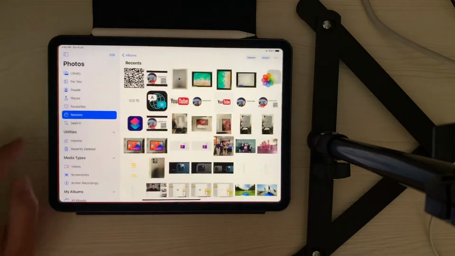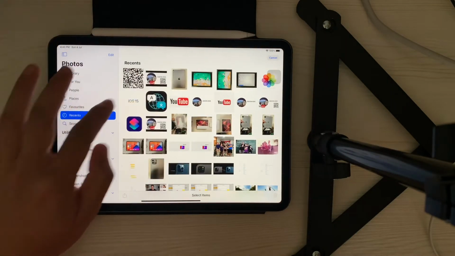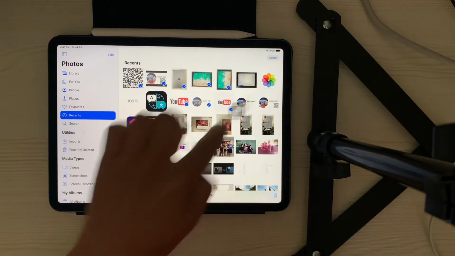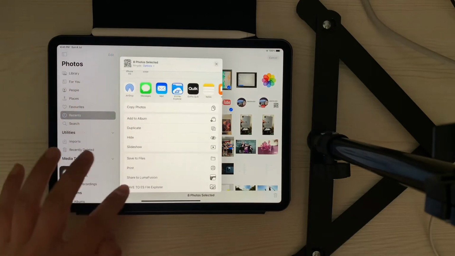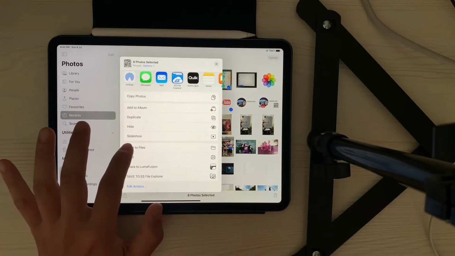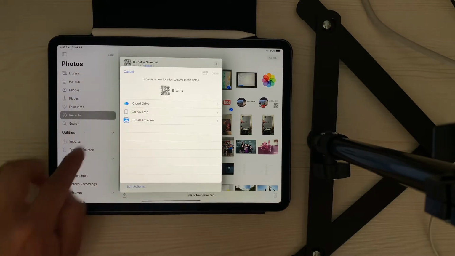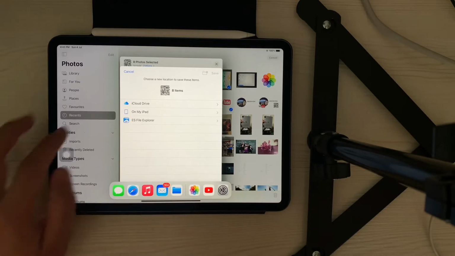Or, an additional way if you don't like to drag, you can just press select 1, 2, 3, 4, 5, 6, 7. You can see this button here, share, and then you can click save to file, and then press save. Same as this dot, which means you have copied to the Files app. Okay,